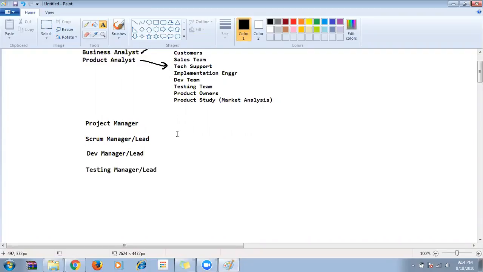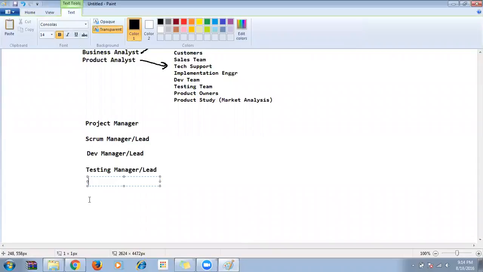The testing manager or test lead is responsible for the quality of the product, making sure it works fine. The testing manager or lead is also called the QA manager or QA lead.